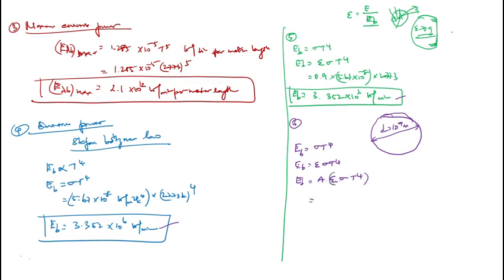Here it is a sphere. The surface area of the sphere is equal to 4 pi r square. That is equal to what? Pi d square. Pi d square into this value, sigma T to the power of 4, which is equal to 3.352 into 10 to the power of 6. So the diameter you already know, it is 10 to the power of 9. After substituting this value,